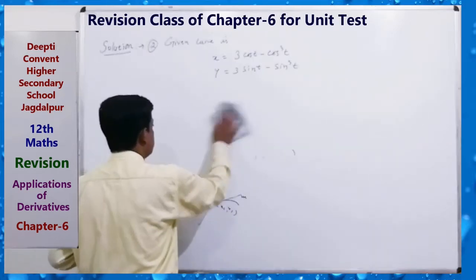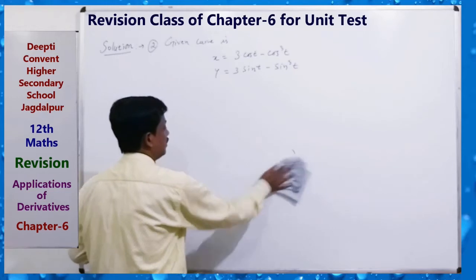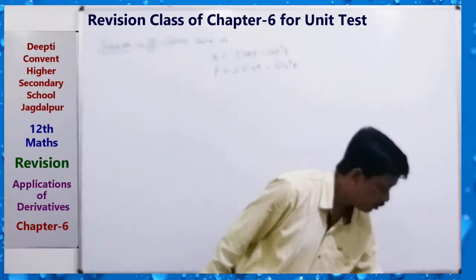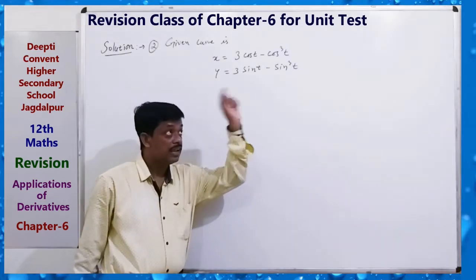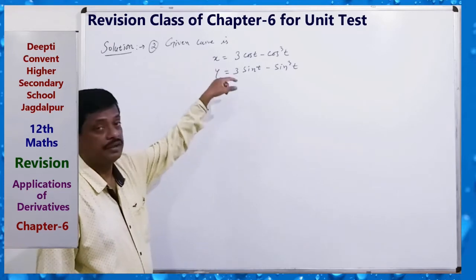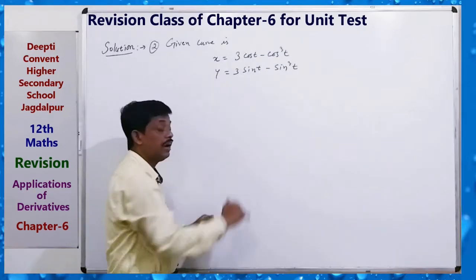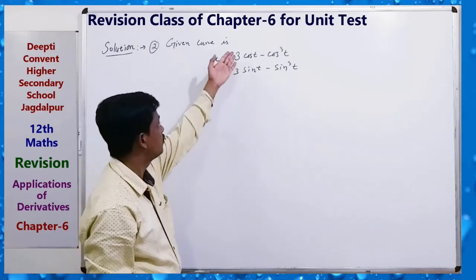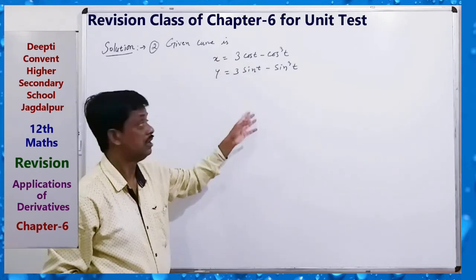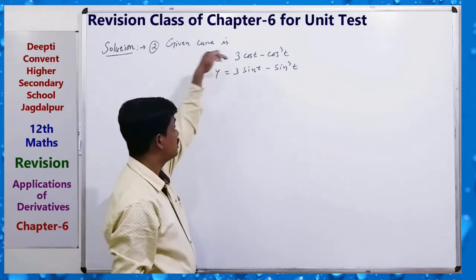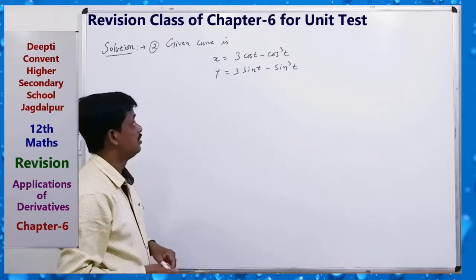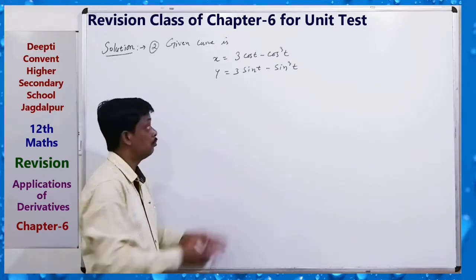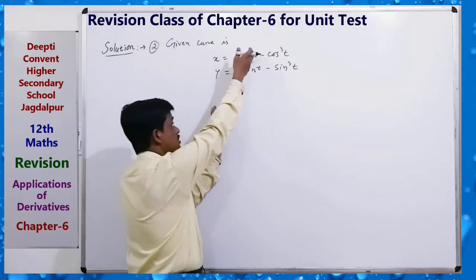So here first of all we have to find the slope. In this question it is given to find the equation of the normal at any point on the curve. This means we can take the point of contact as an arbitrary point for which x and y are given by this. That is, the point is x, y. At this point we have to find the equation of normal. So the first work is finding the slope of the normal. Clear? The value of x is this, y is this.